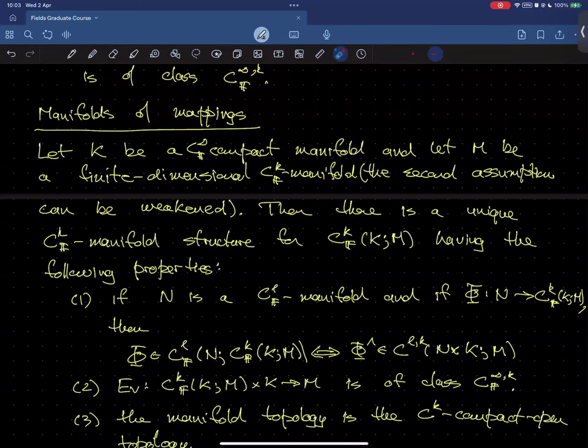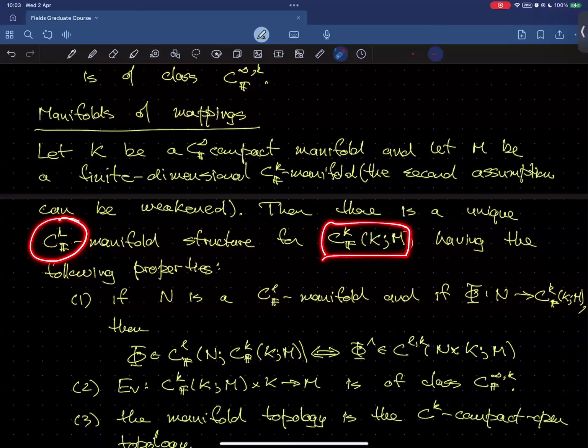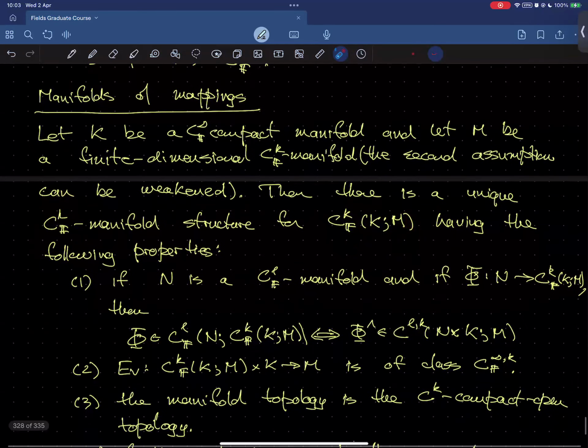Okay, so what we're trying to do is put a manifold structure on here. I'm not going to tell you what the charts are for this manifold structure. It's a little bit complicated to put that all together. But I'll just tell you what the punchline is. The punchline is, remember, K is the regularity of M. So this space of mappings has a C^K differentiable structure, and the C^K differentiable structure has a list of